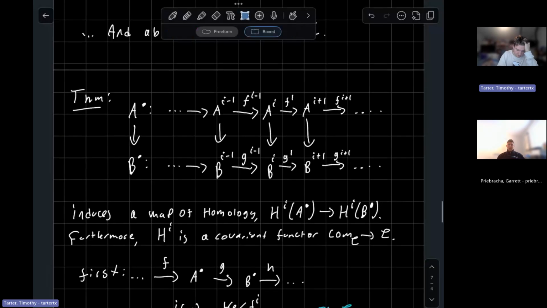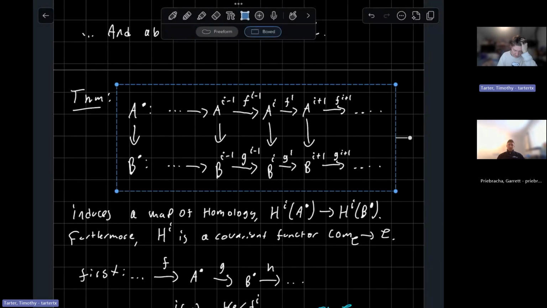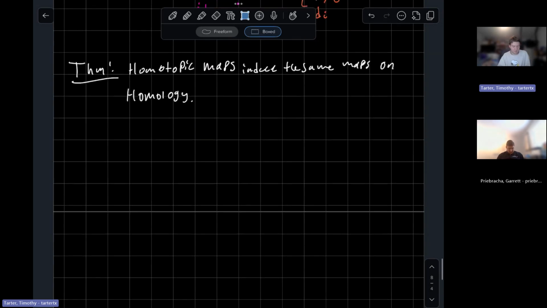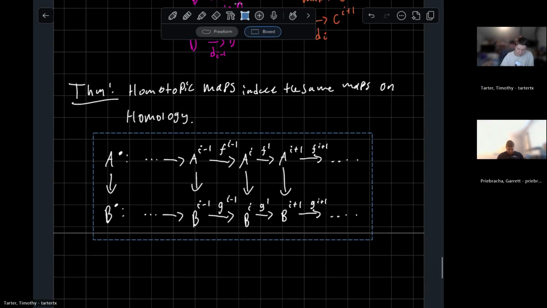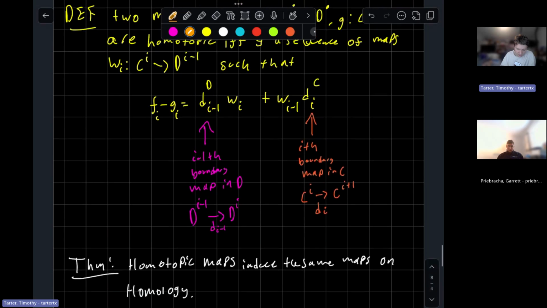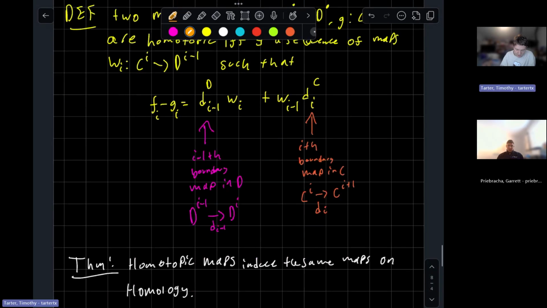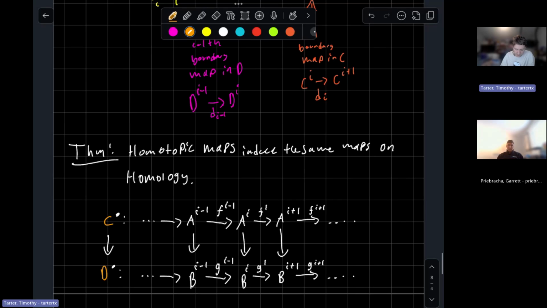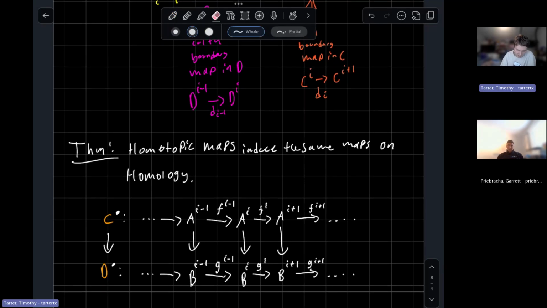Okay, let's just bring the double complex down. So we want C to go to D. And if they're homotopic, then we have something, oh, and I need to replace everything